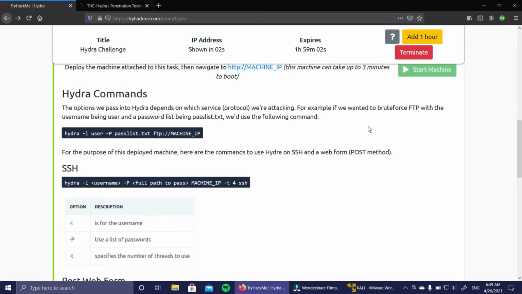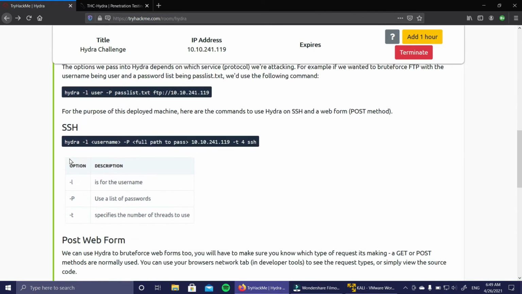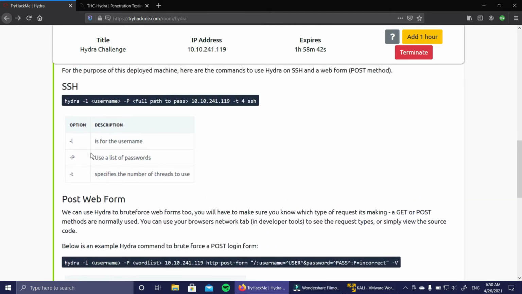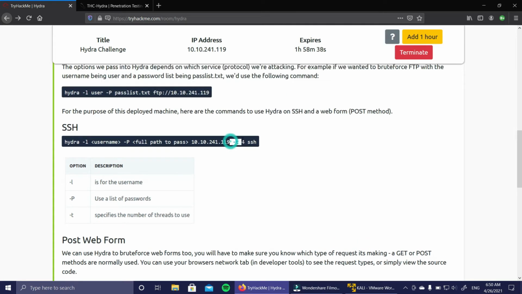For SSH we have hydra -l username -P full path to the password list, rockyou.txt. In this video we are going to use that, and this is the IP of the machine, with -t for SSH. -t specifies the number of threads.